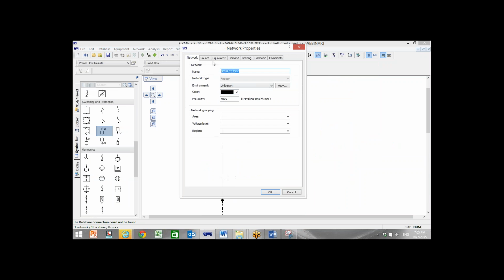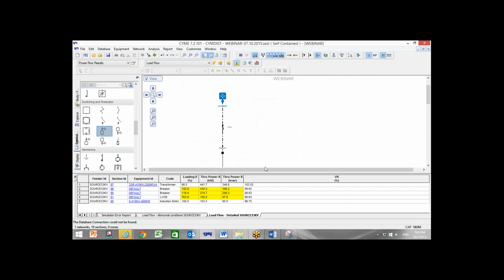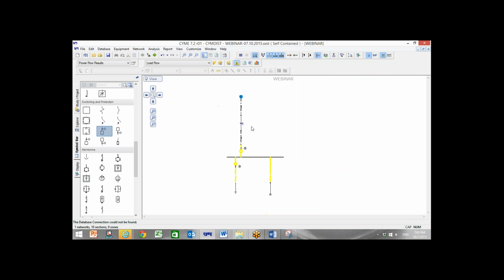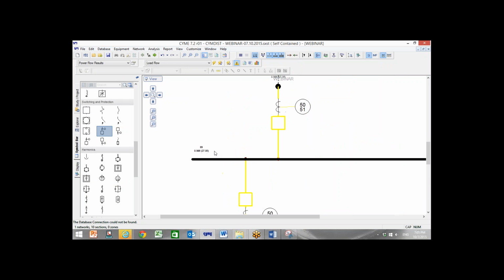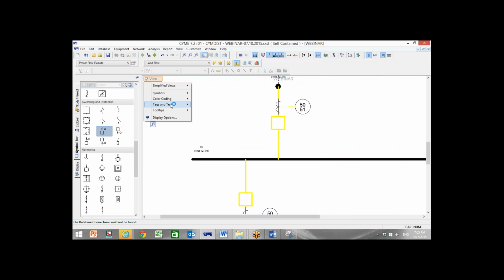Also, if I increase the voltage of here to, let's say for example 2% more, 33.6, so now we just have a problem for the breakers. Now I have load flow. I want to show all these tags here, but I don't have it. What I have to do, I can import tags from other computer. So I can import